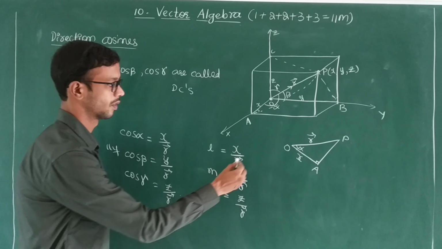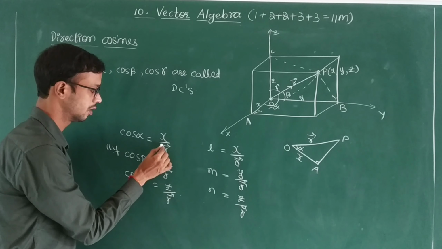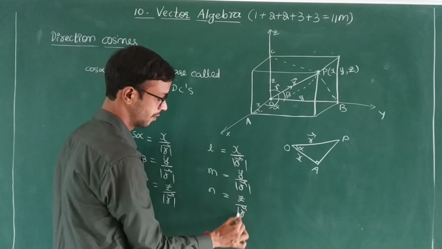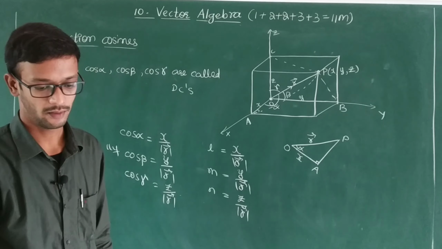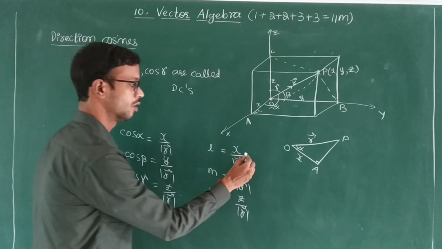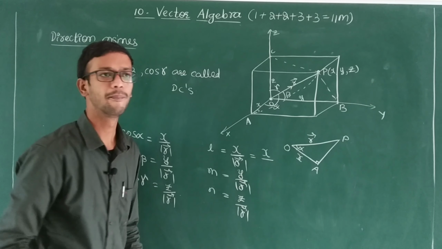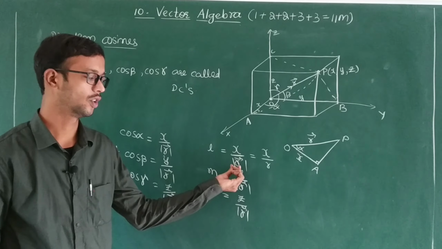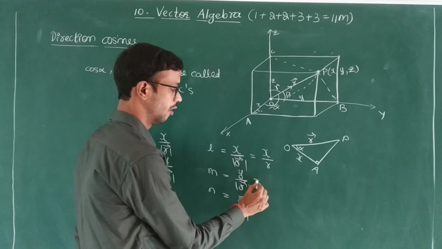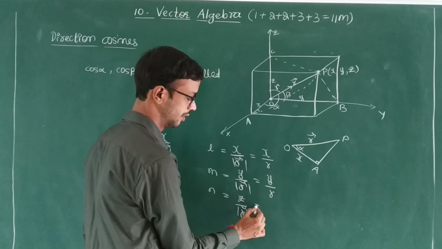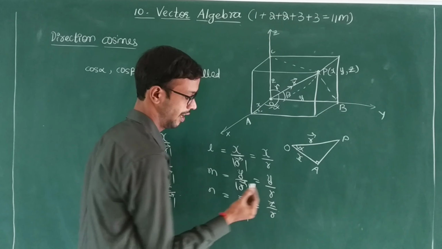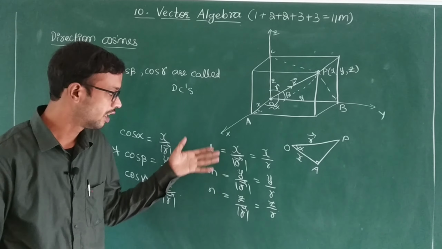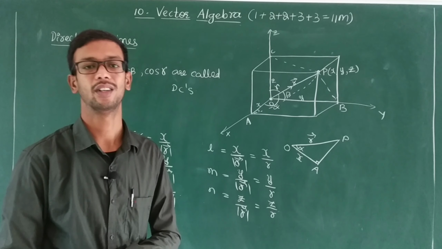That is your length will be there. So that's why magnitude of that value. So magnitude we can write simply as R. It is a scalar. Magnitude is nothing but a scalar. So now y by R, z by R. R is nothing but the magnitude of vector R bar. So these values are called direction cosines.